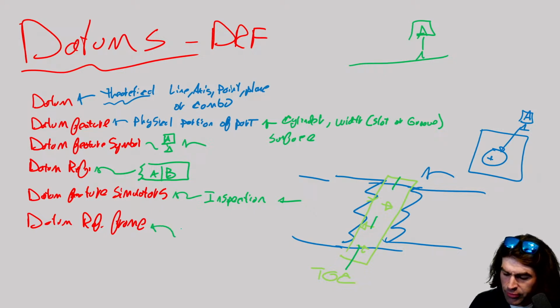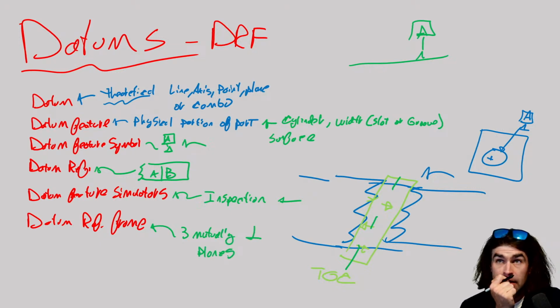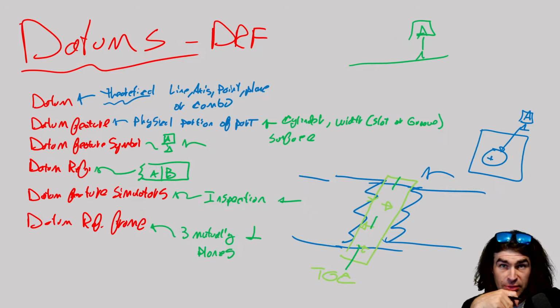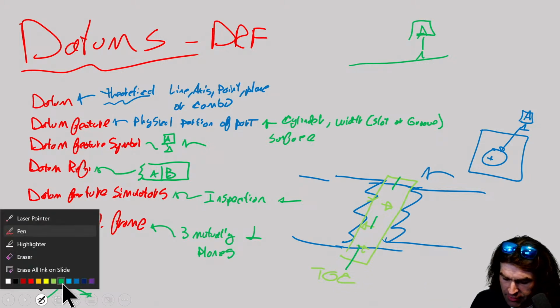A datum reference frame is 3 mutually perpendicular planes. Now, this is the basis of the ASME system of doing things. It's a Cartesian coordinate system. We're going to have, as you might expect,